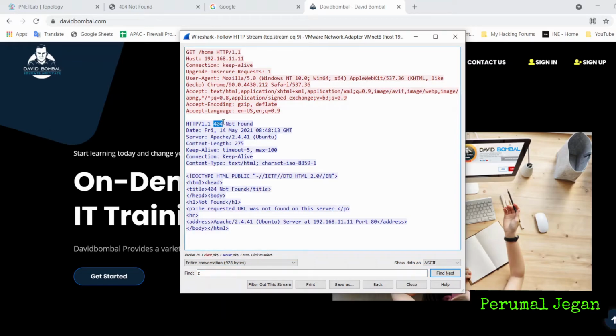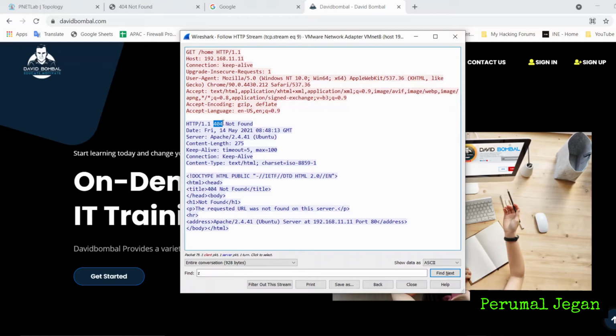When your website is redirecting, you will get a status code in the 300 series. By seeing the series, you will be able to understand it. And when it is the 200 series, the web server successfully shared some resources with the web client. And next, the 400 series.